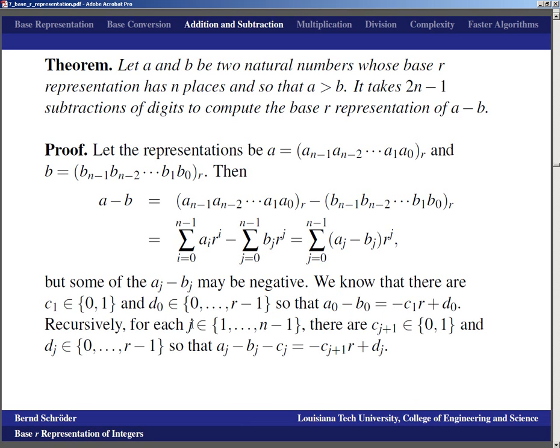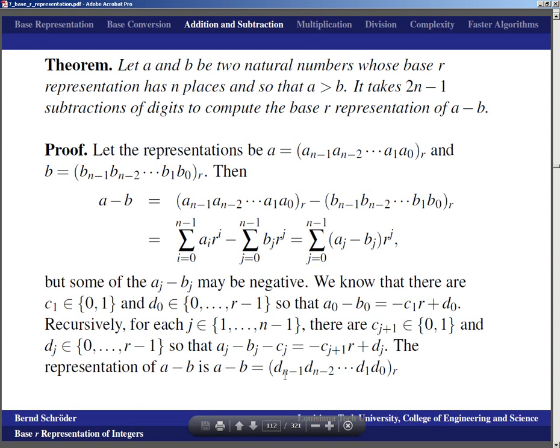And so recursively now, for each j between 1 and n minus 1, there are C_{j+1} being 0 or 1, and D_j between 0 and R minus 1, so that A_j minus B_j minus C_j is negative C_{j+1} R plus D_j, and the representation is D_{n-1} through D_0 in base R, and that is because